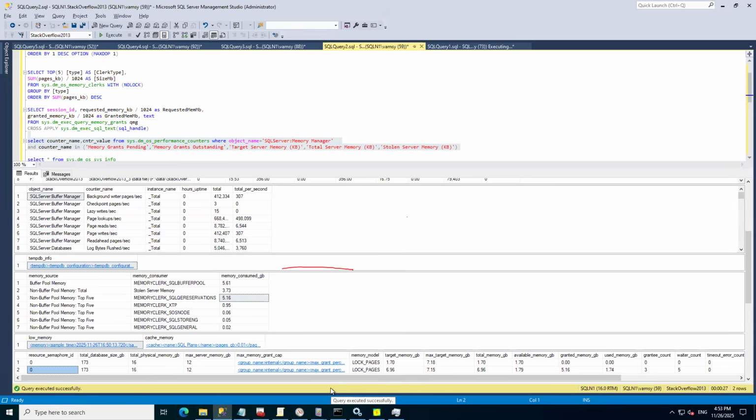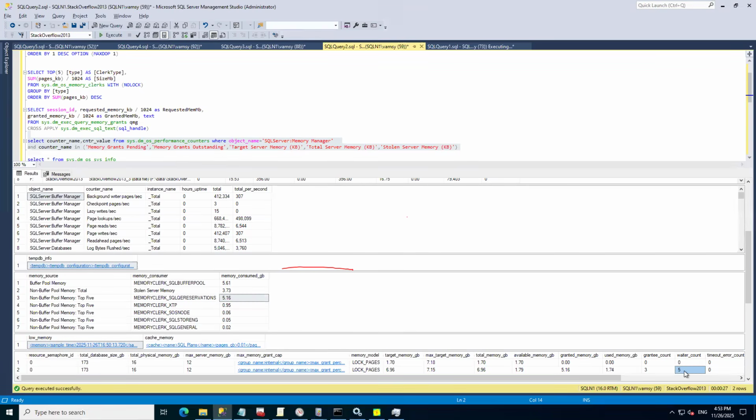My question is why we are not able to grant anything more than three queries. SQL Server has granted only for three queries, but not for other queries. Five of the queries are still waiting. Why? What's our take on that? Why is it not able to grant? Anyone knows this? I think it's not able to grant because SQL Server reached